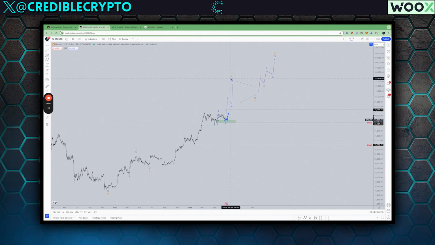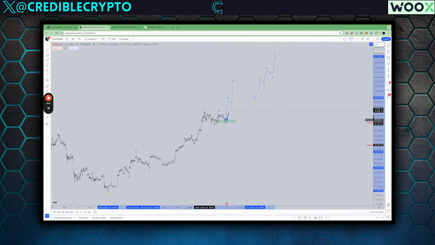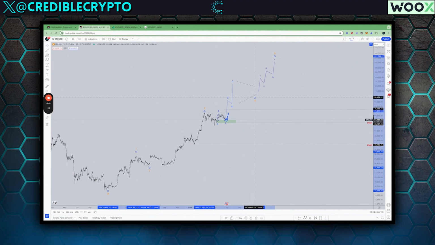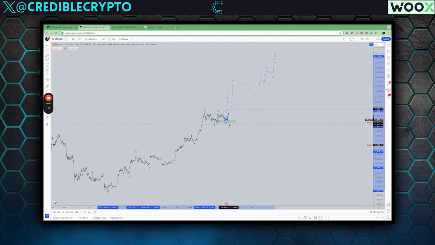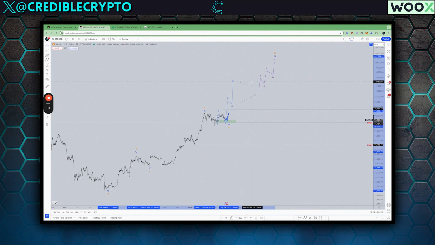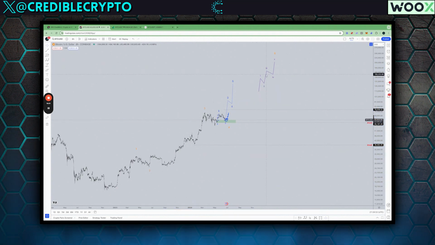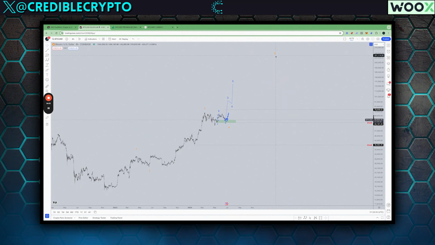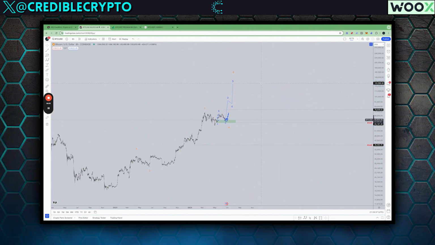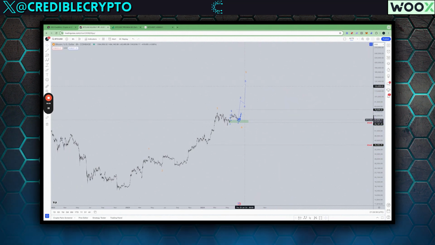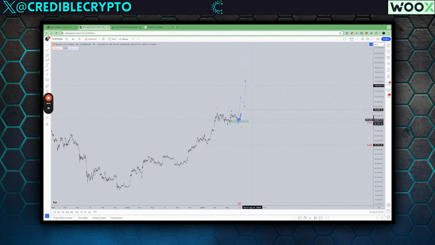I think it's probably more likely that our 3rd wave did actually complete at these highs here, that this correction, with the amount of time that it's taking, is likely our major 4th wave. And what that means is that the next leg to the upside is going to be that leg that ultimately leads to our blow off top, okay? In terms of upside targets, this doesn't change too much. It still means 100K plus, but it does mean that this move could happen a lot quicker than most are expecting.